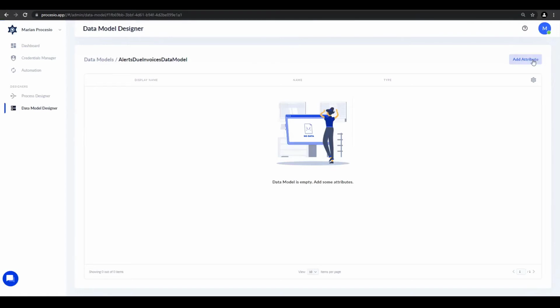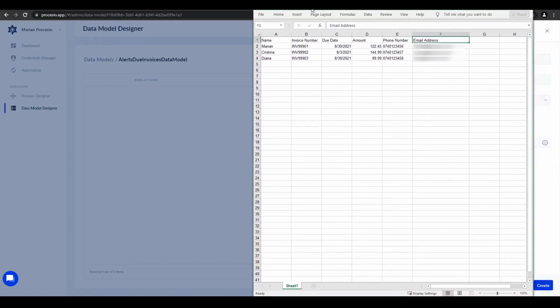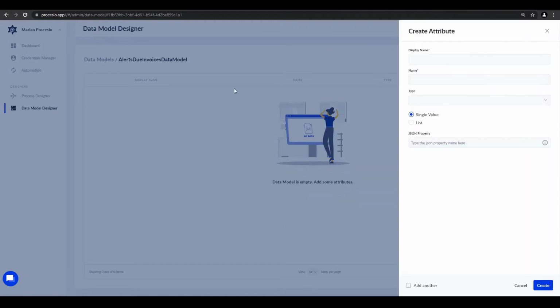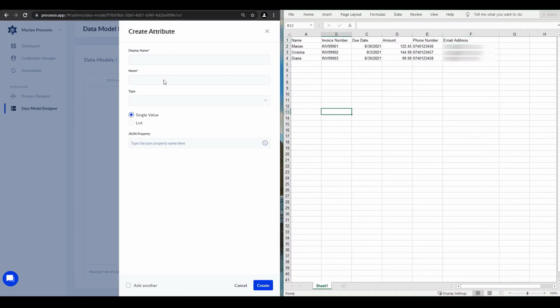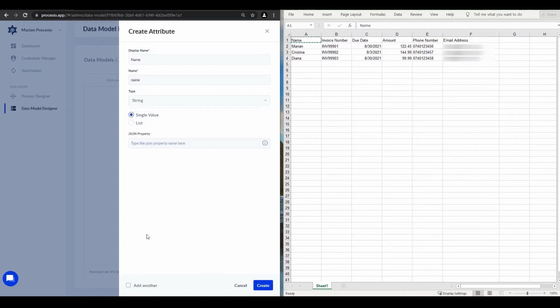Second step, we add attributes to it. Attributes define the structure of our data models. In this case, we will keep the same structure as the Excel table we use. We made the Excel file available for download, so you can use the same if you want. We use the Excel column names for our attributes, but we could give any name. The first attribute, name, type string. Before clicking on Create, we check the Add Another box, as we do not want to close and open this